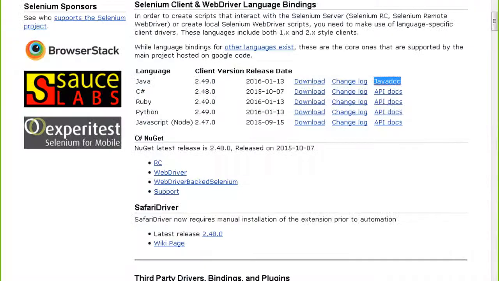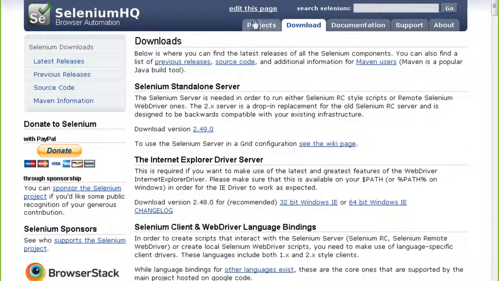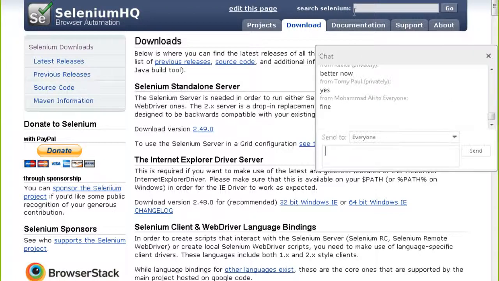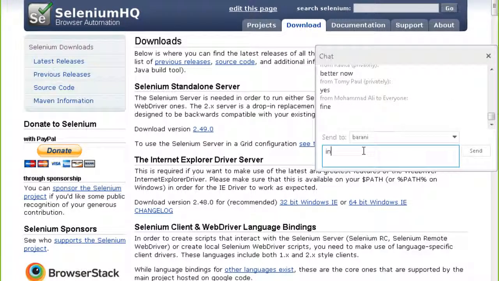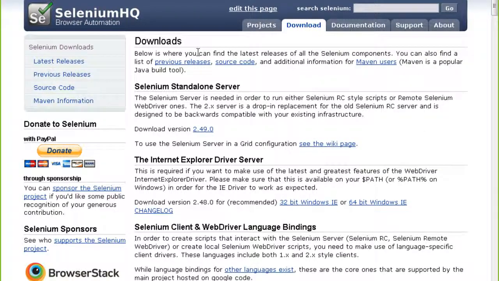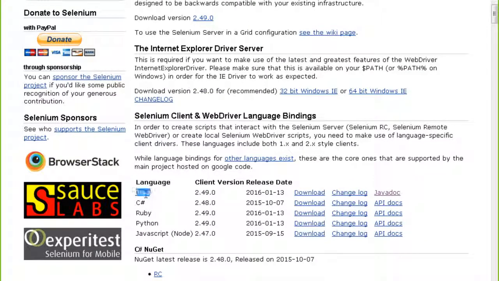If you go to the downloads section, you will find the Java jar file or the Java client API.